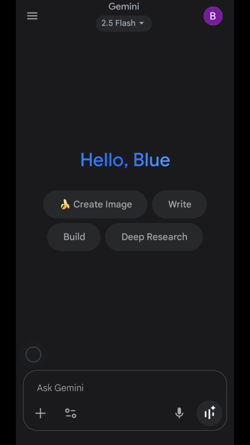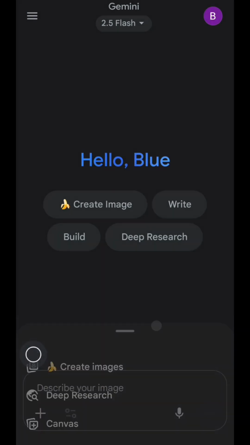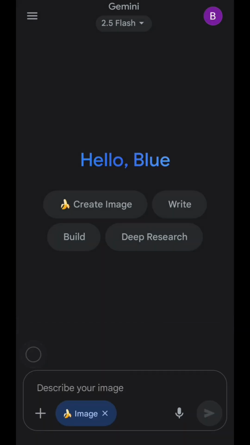You can open it through your browser or you can open it in the app. And then just log in with your Google account. And once you're inside, just tap on create image, or you can also access it by tapping on the tools icon and then create images like this. And then just